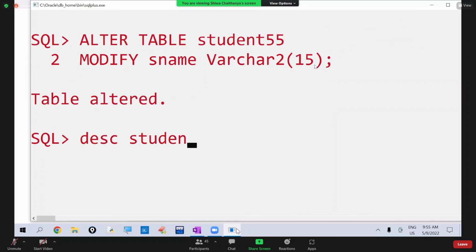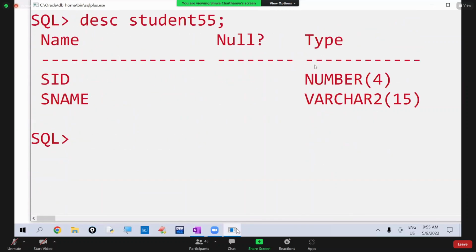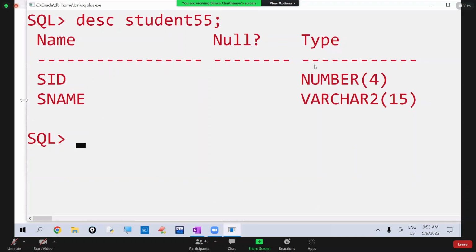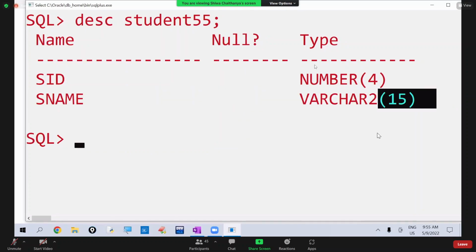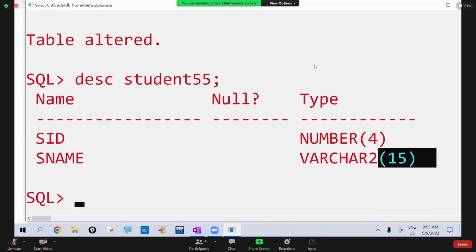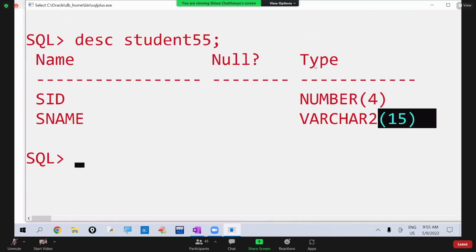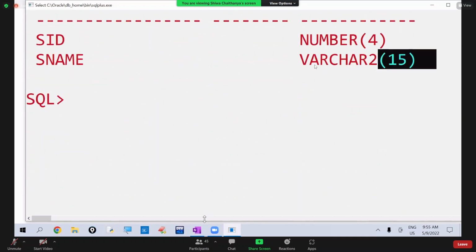Describe. Table name is student 55. Observe here. Previously, this SNAME field size was what? 10. Now field size is what? 15. Modified. So using modify keyword, we modify the field size. Sometimes an interviewer may ask like this: can we decrease the field size? Yes, we can decrease, but if data is there,